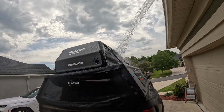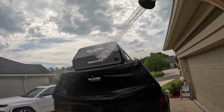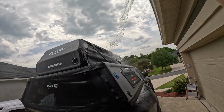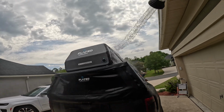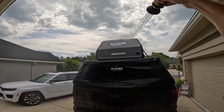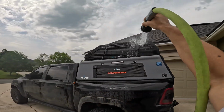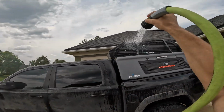I'm also going against what water will actually do. Water is not going to spray upwards or sideways up at your cargo carrier, but for the sake of science and a quick YouTube video,